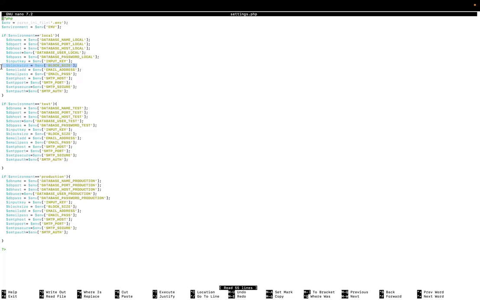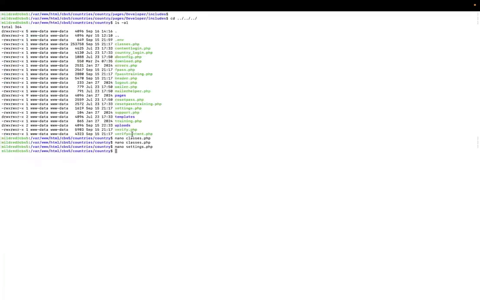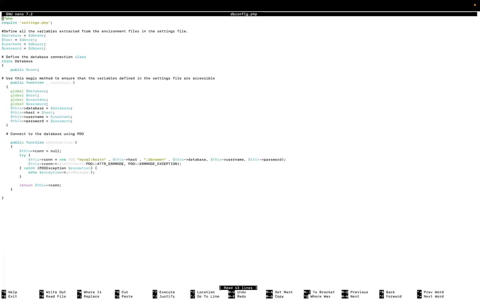While that was created for you when the migration and configuration of the internal system was done, it is something you usually follow the documentation to create, creating your environment file in a directory specified by yourself. So in the future, in the event that you change servers, you need to create an environment file on that server. Then we have a file called dbconfig, and this is the file that holds the class that makes the